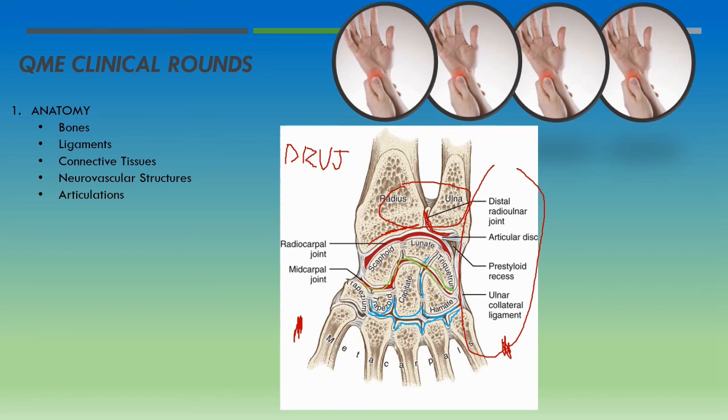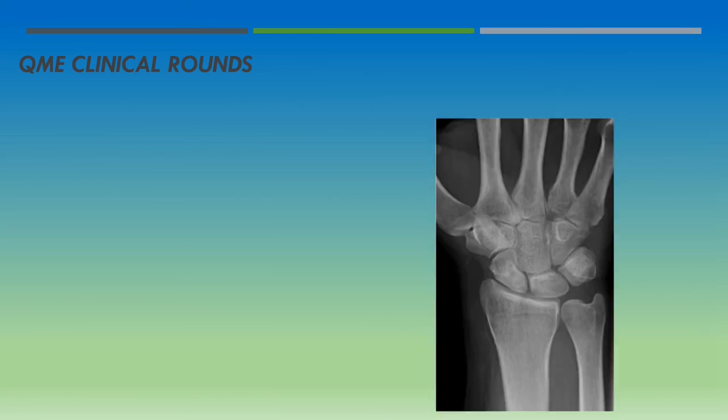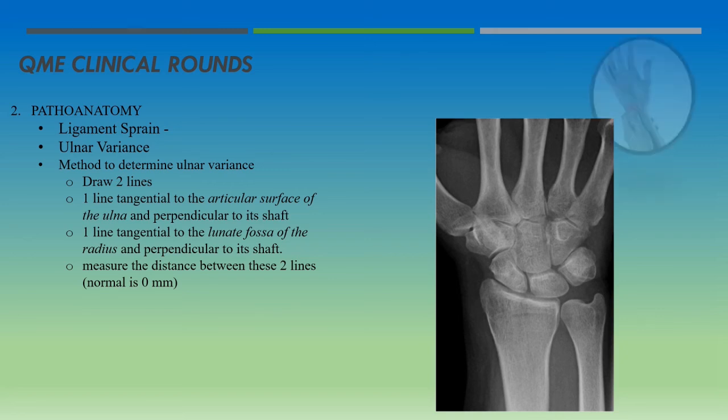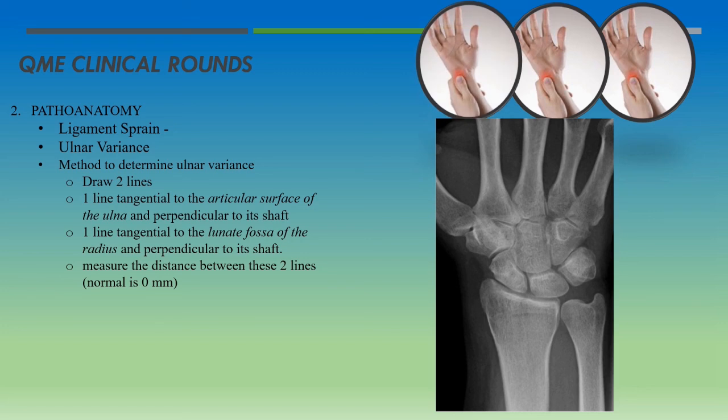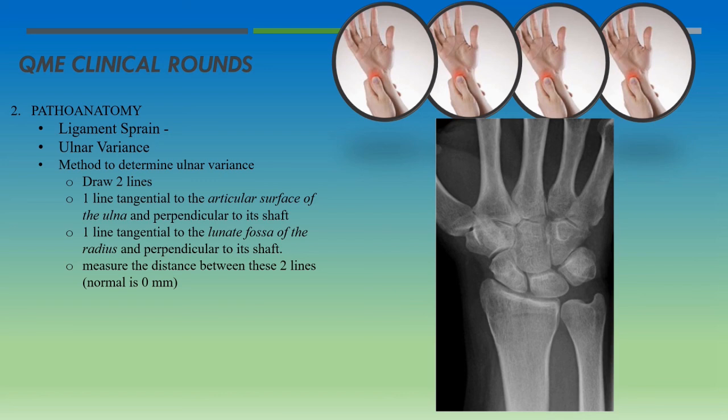cases. Let's talk about now some of the types of injuries that we're commonly going to encounter as qualified medical evaluators. Now, the types of injuries that we're going to deal with as qualified medical evaluators can basically be divided into two basic categories, and those are the acute injuries and those are the chronic injuries. Now, with acute injuries, we're going to be dealing with ligament sprains, particularly sprains of the scapholunate ligament, strains of the Luno Triquetral ligament, and also strains of the radioscaphoid